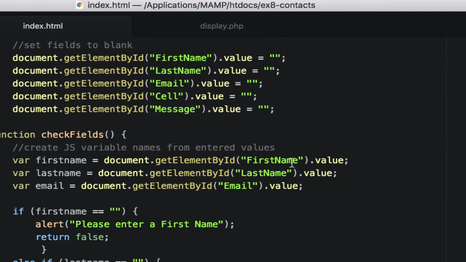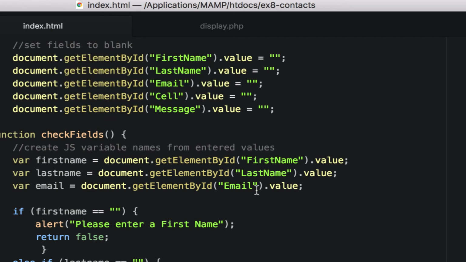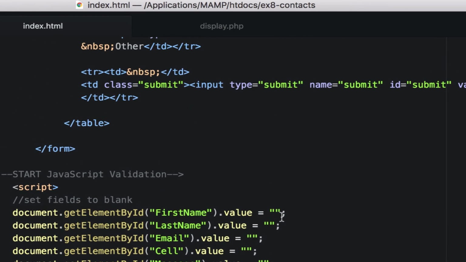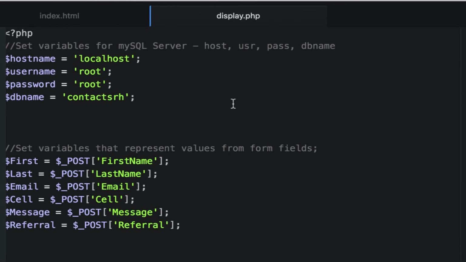It'll still have a validation for the first three, the first name, last name, email. So you are going to have to put in a first name, last name, and email for it to work. You don't have to put in the other things. You could leave them blank and it'll still work. So that's our HTML, and our display PHP is going to be, again, very much like the other one that